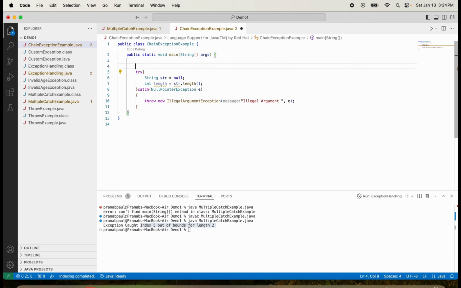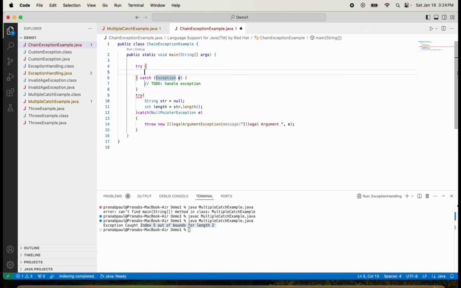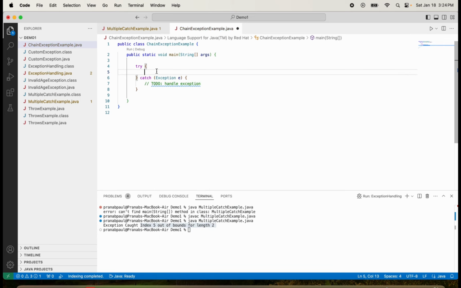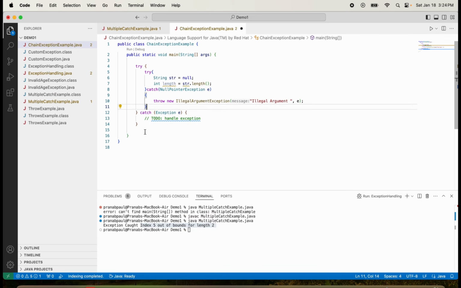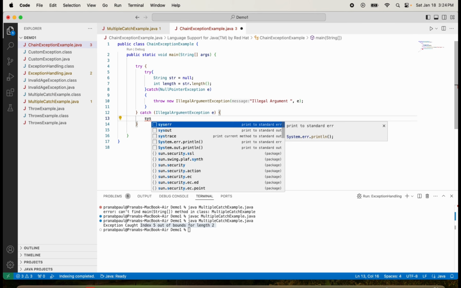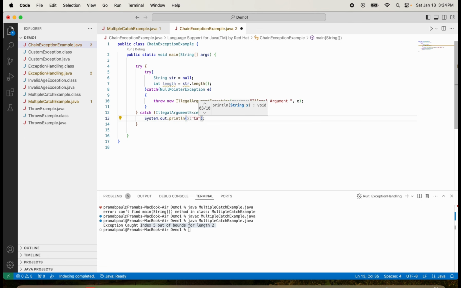So we'll wrap this one in another try catch. Just cut this one and paste it, and in the catch block you can catch IllegalArgumentException e, and you can put System.out.println (sysout) "caught" plus e.getMessage(). Okay, now if we save it and try to compile and run it,